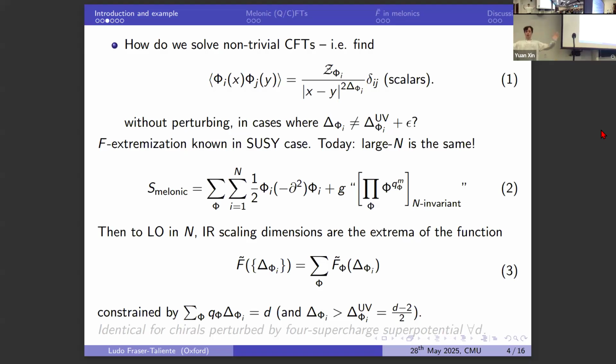So I'm just going to show an example of this before doing any proof, or even telling you what melonic theories are, so you can see what I'll be getting at eventually. So we take some melonic theory, which is just a large N theory with a bunch of standard kinetic terms, and then some interaction, which I'm going to hide all the details of. So then, to leading order in N, the IR scaling dimensions are just the extrema of an incredibly simple function,